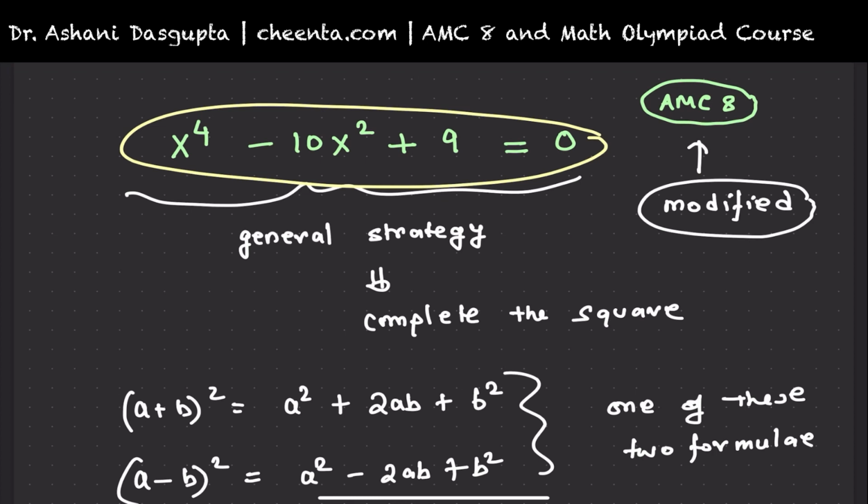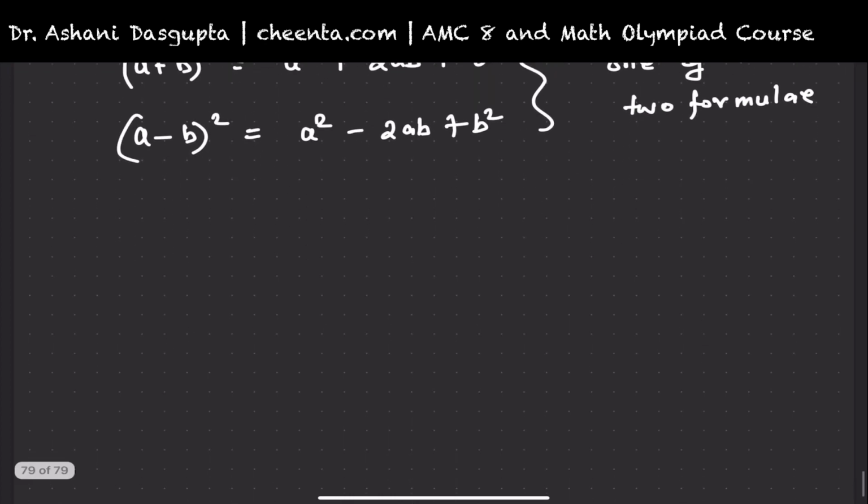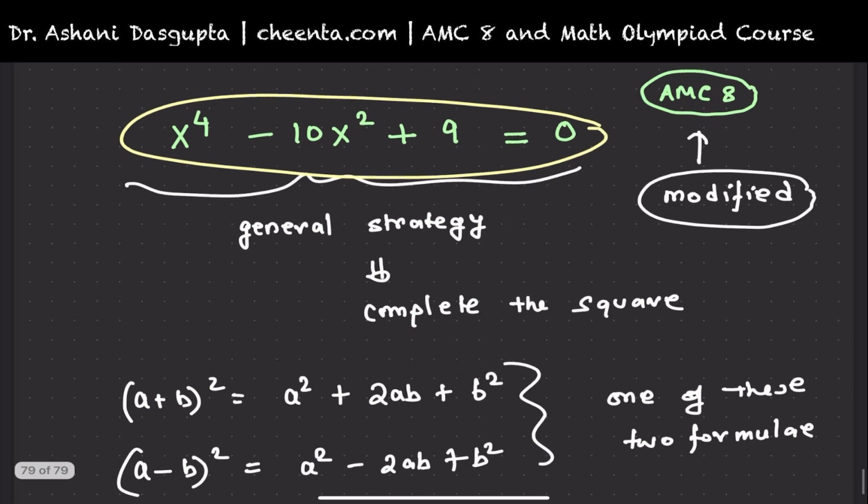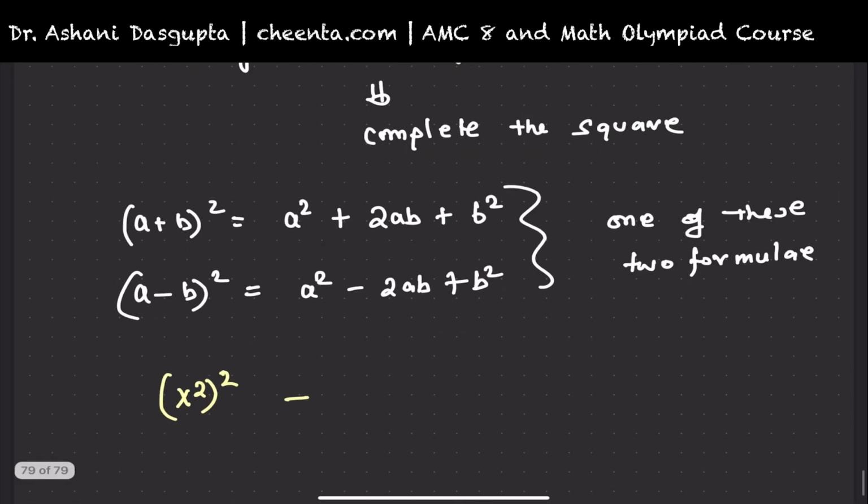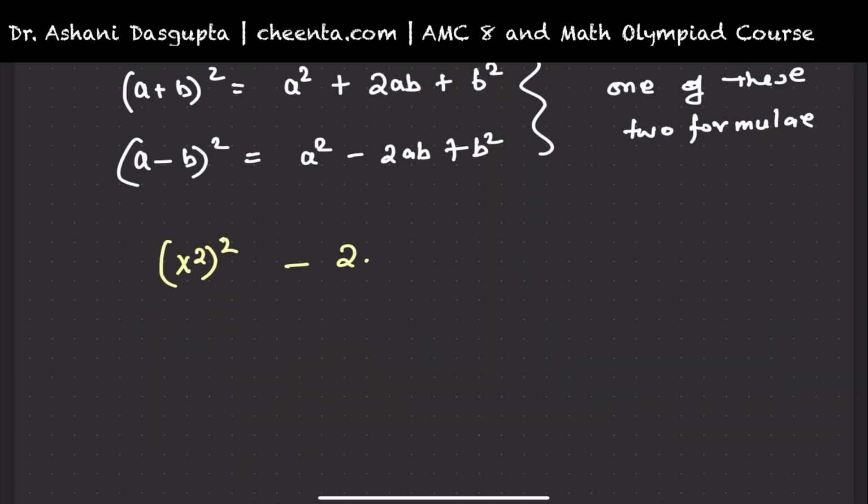This is in fact a strategy for solving any sorts of polynomial problems. So let's see how we can do that. We have x to the power 4, which I can write as x square whole square. Then we have minus 10x square. So that I can write as negative 2 times 5 times x square. Plus, so this is a square minus 2ab,